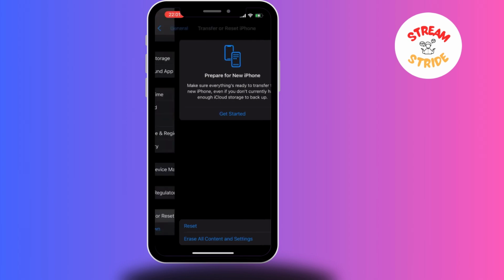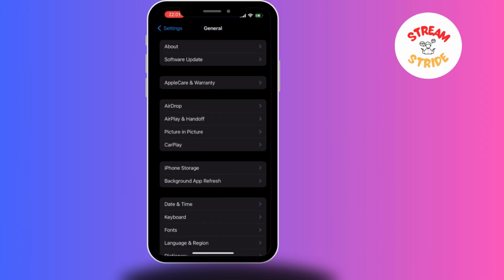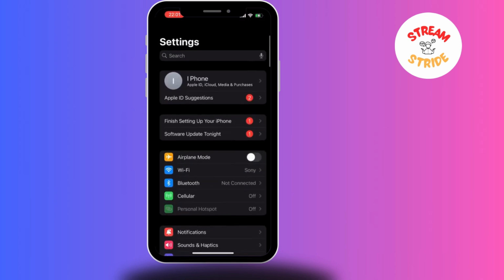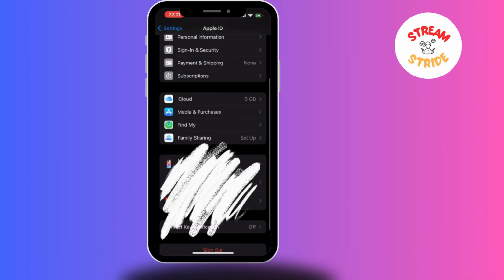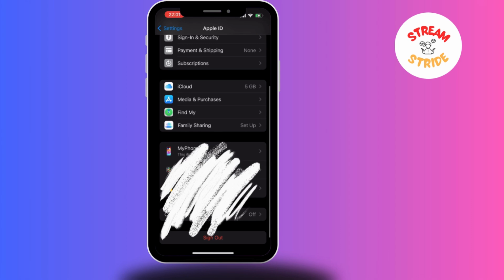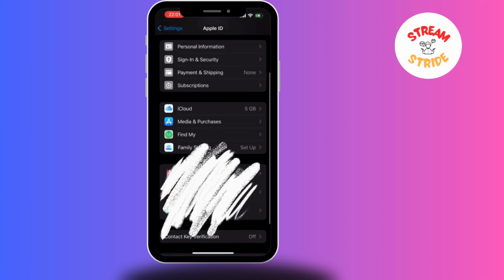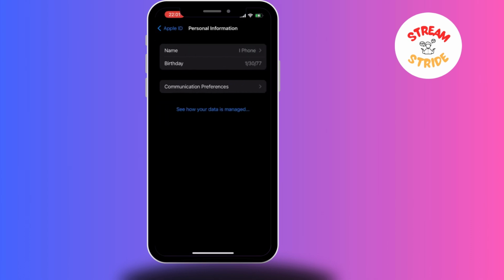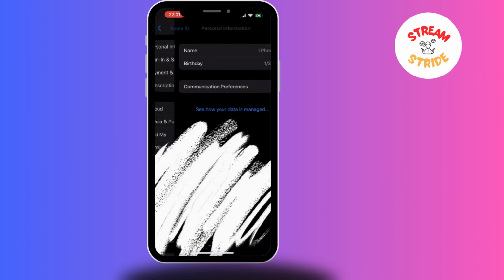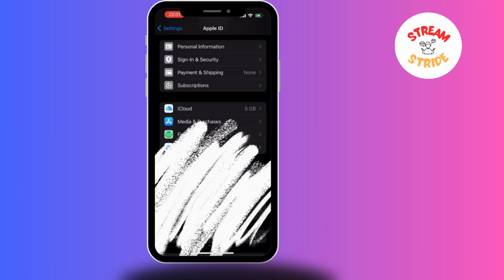is go back, go to your Apple ID again, and here you can see your personal information. It loads for a while, but it will load in a while. So here is your name and birthday. We don't need this, so go to payment and shipping,